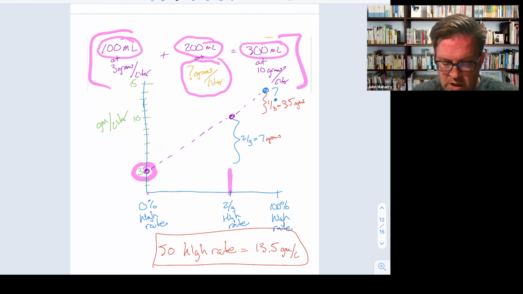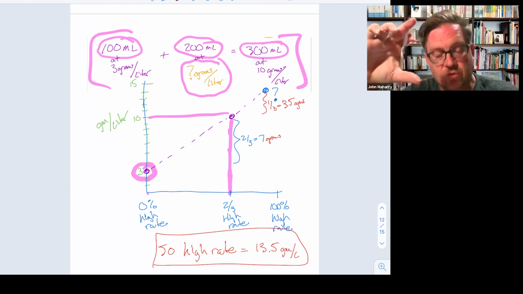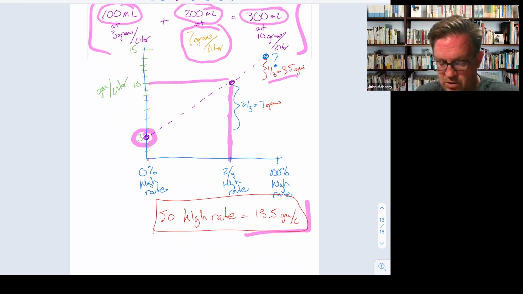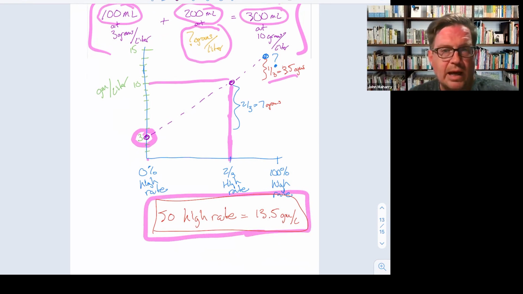But 2/3 of the way across, we get up to a height of 10. So a 2/3 increase goes from 3 to 10. So the remaining 1/3 is half of that, which is 3.5. So we go up to a final value of 13.5. And so